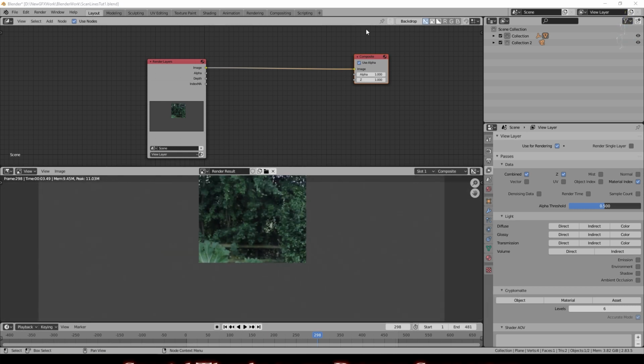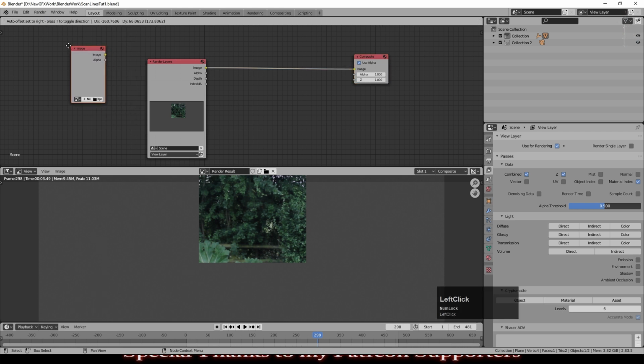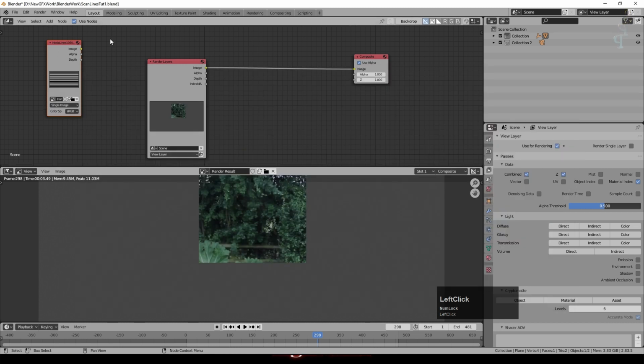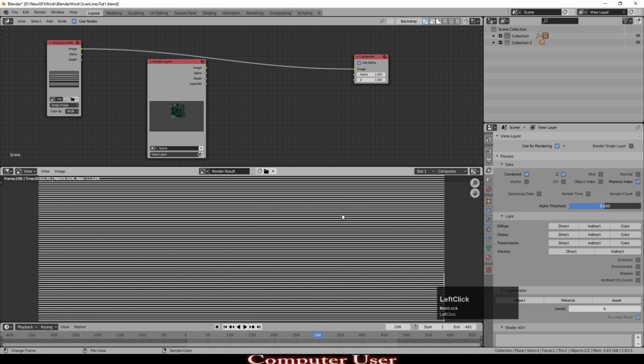There's one other thing that we're going to need, and I'm just going to add in an input which is an image, and the one that worked best for me was this one, which is just horizontal lines. So I just in Photoshop created a sequence of horizontal lines. I tried crosses and I also tried vertical lines. But for me, the horizontal lines seem to work the best. So we'll open that one, and I'll just show you what that looks like by putting it straight into the composite output. So that's all it is.